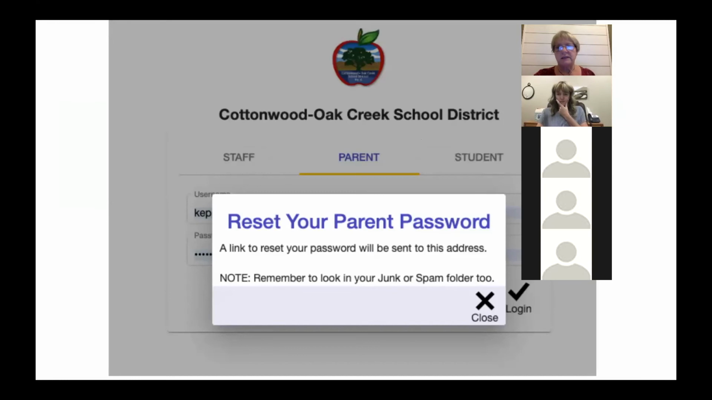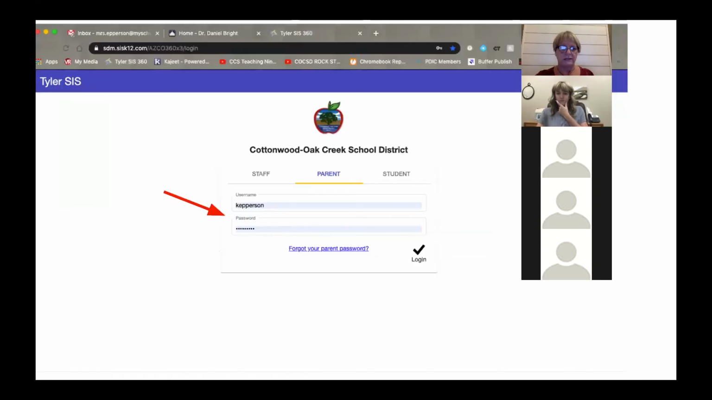It took some time tonight for mine to come to me, so you might give it some time. If it doesn't work, then you can contact the school office, but give it a little bit of time before you do that. Then once you've gotten the password reset button, you just go in, put your new information and your password in, and then you will go to,